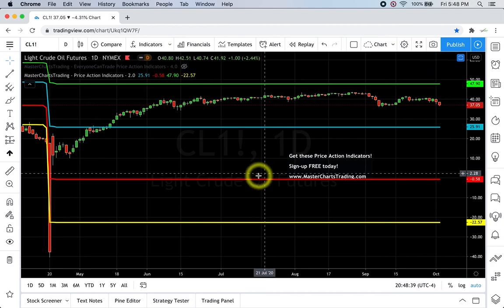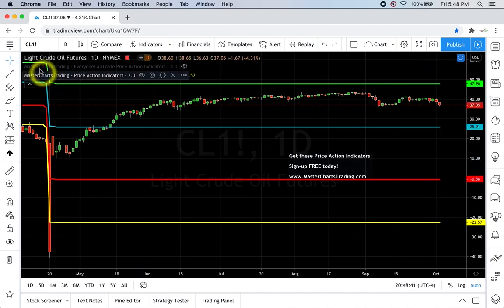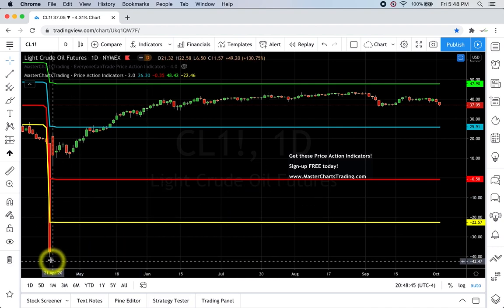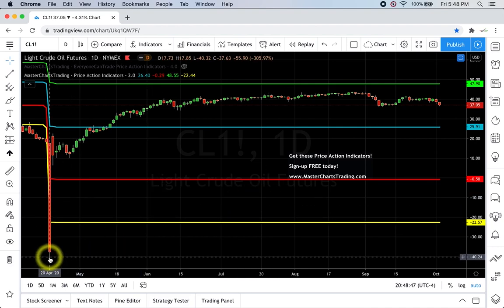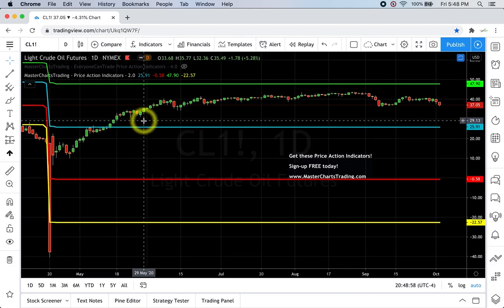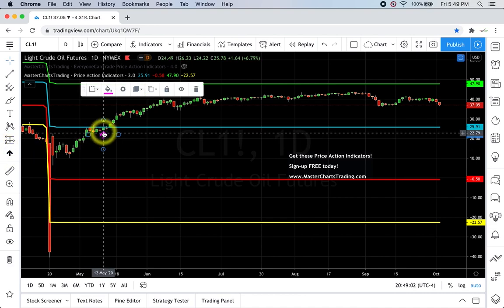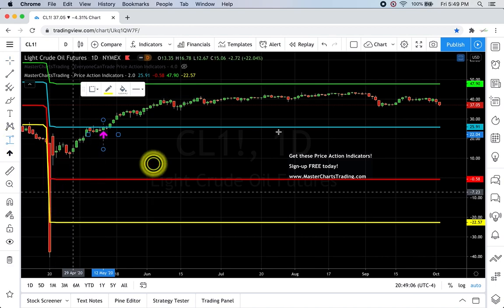Okay, an interesting pattern, I think, is oil. This is oil on the daily chart. Notice that back in April, the price was minus 40. It's weird, but nevertheless, it's tradable. On daily charts, there's not much happening. I mean, yeah, you could have bought it right there on the 12th of May, and you would have made good money. This is about...